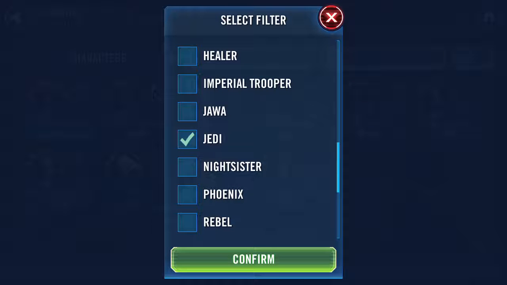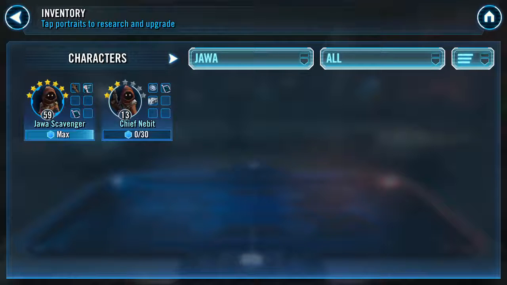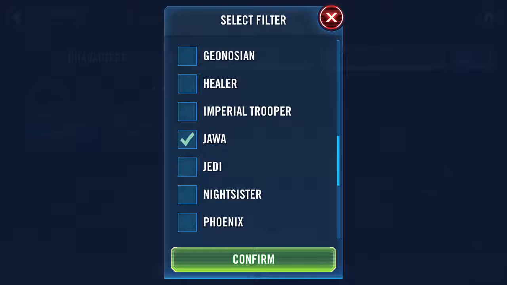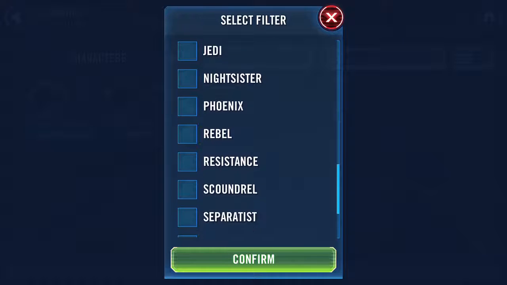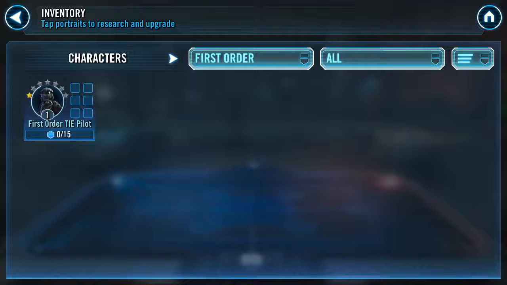Also, using your Cantina tokens, you would want to start farming Jawa Scavenger. Well, you already got Jawa Scavenger, so you read my mind. You must have finished him up since I looked. So, yeah, Ahsoka Tano with your Cantina tokens. And then after Ahsoka Tano, you might want to start working on First Order Officer, so you can eventually get those